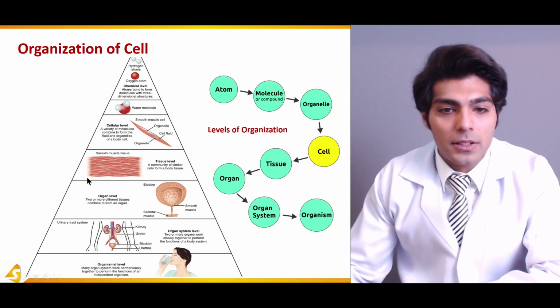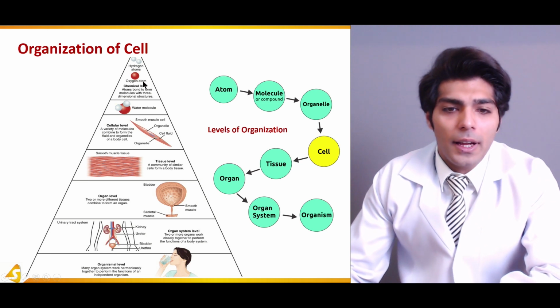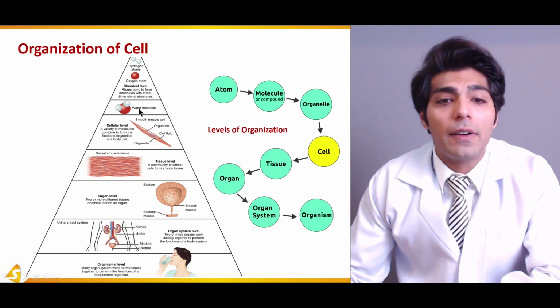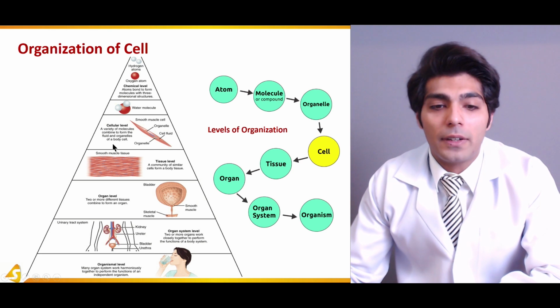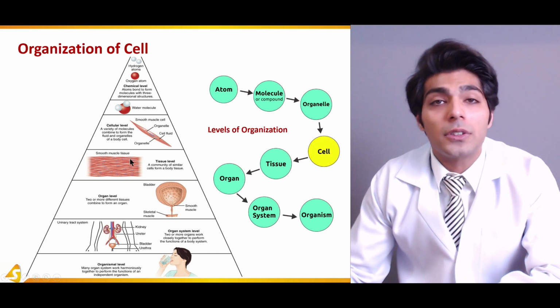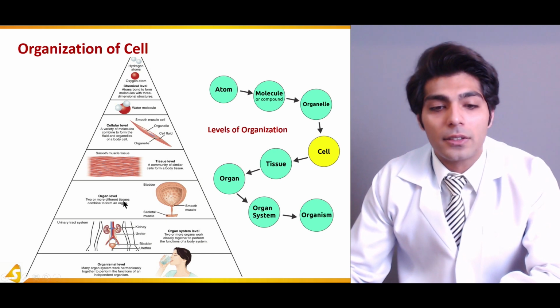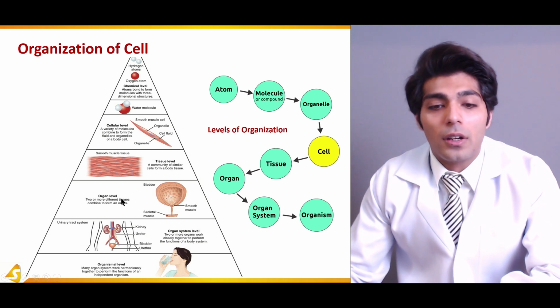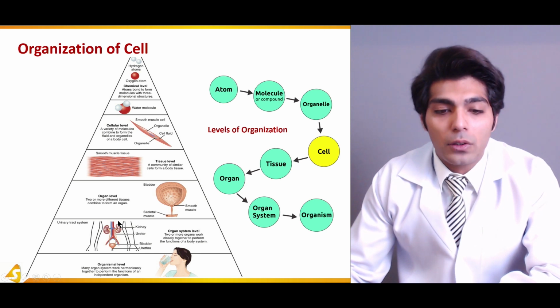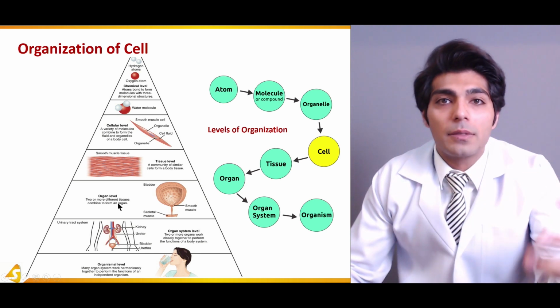Since you can see the levels, we are starting from the atom level, and then there's a molecule level, then we jump to the cellular level, and this cellular level then jumps to the tissue level by the combination of similar varieties of cells. Then there is an organ level in which different organs work together to form an organ system,